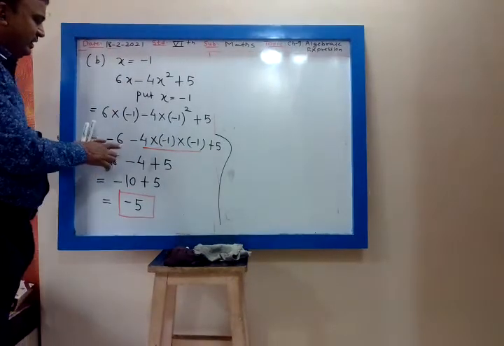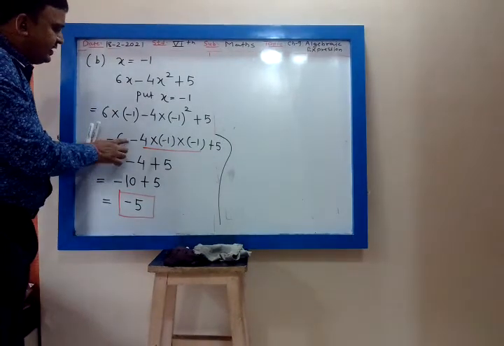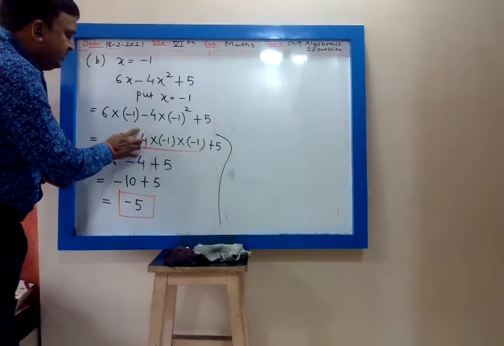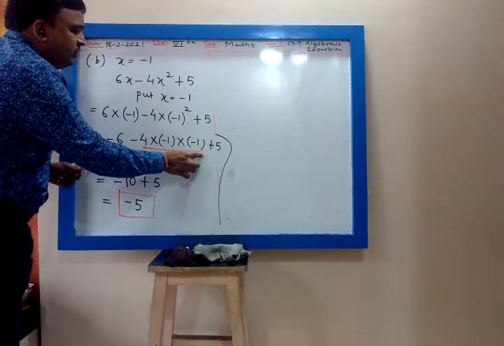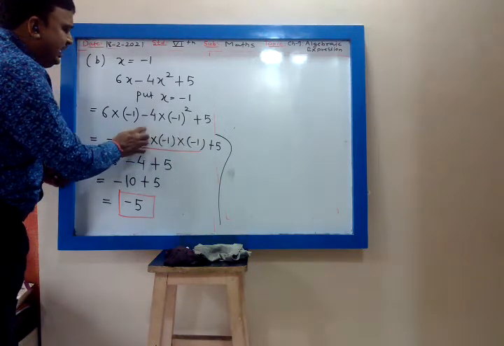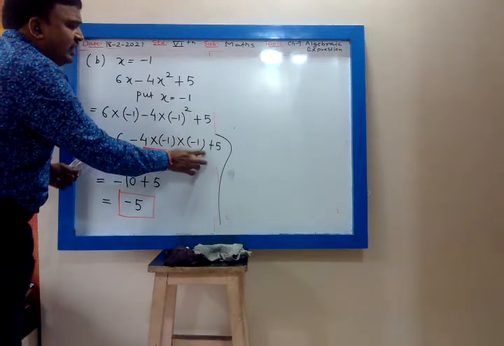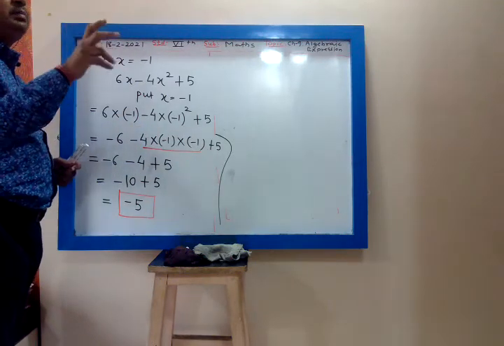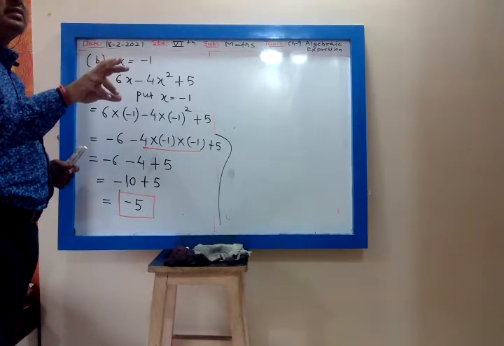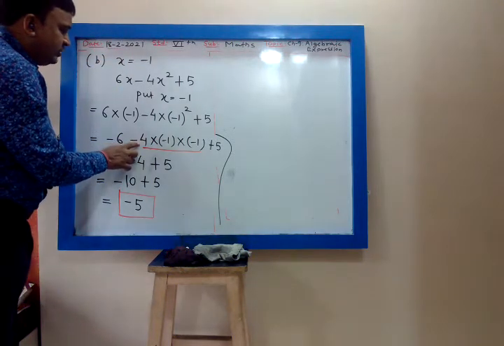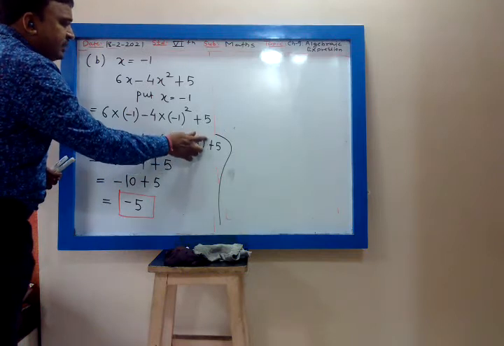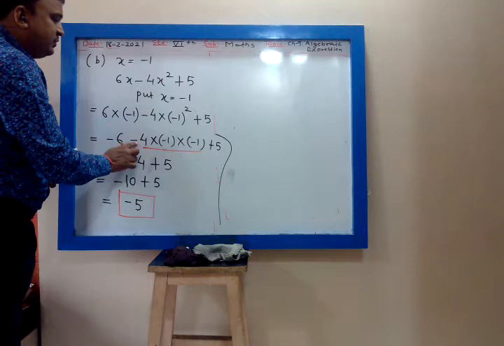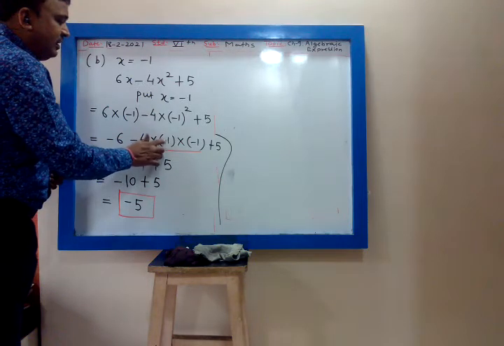No, my dear. See, this is minus 6 and minus 4. But minus 4 is multiplied with this. This is my multiplication. So first we have to perform multiplication and division, and then we perform addition or subtraction. BODMAS. First multiplication, division, then addition, subtraction. So minus 4 is multiplied. So first I will perform this multiplication. I will not write minus 6 and minus 4. No, because first 4 is multiplied with this.